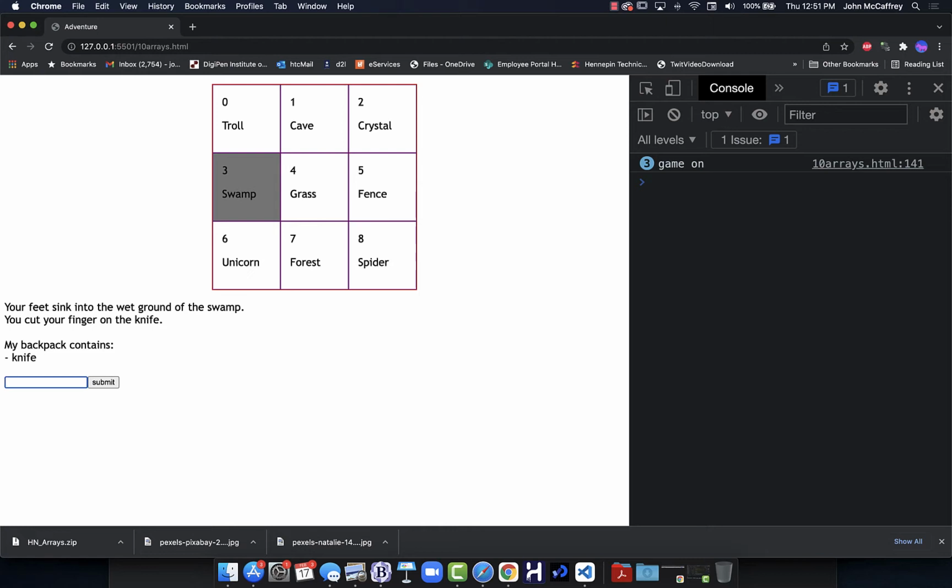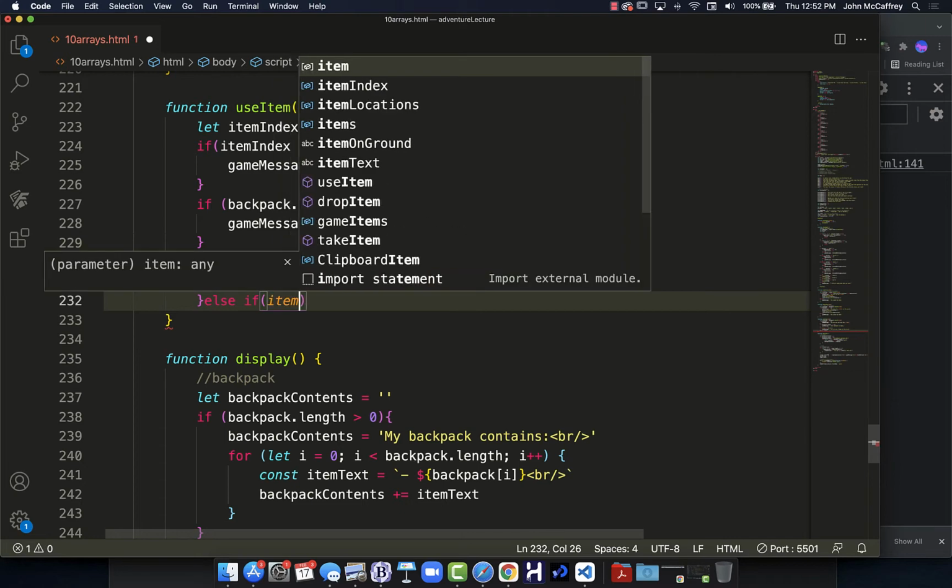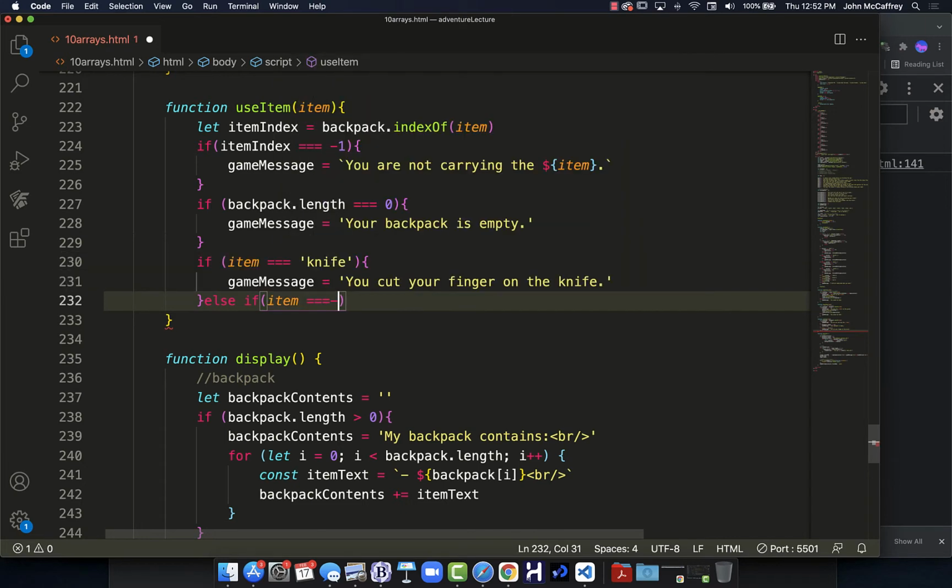Well, that wasn't very helpful, but it worked. It was in game logic, it wasn't helpful because, well, why should I get a knife if I'm just going to cut myself with it? That's not a great item, but as far as code, what's nice is our code now has worked. So now if we grab the flashlight,